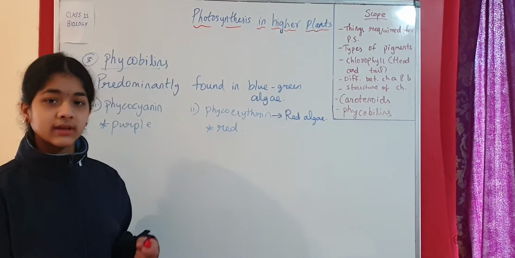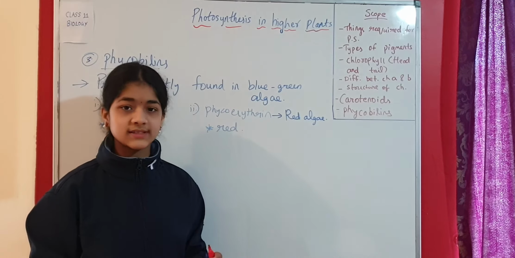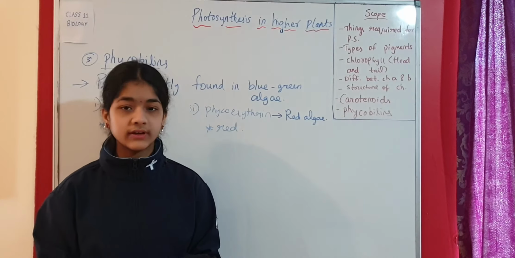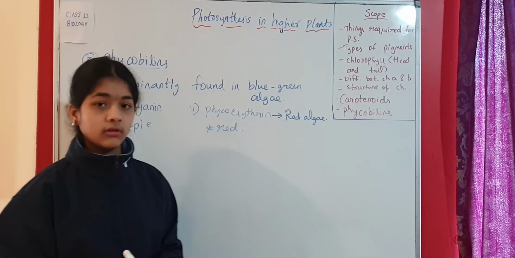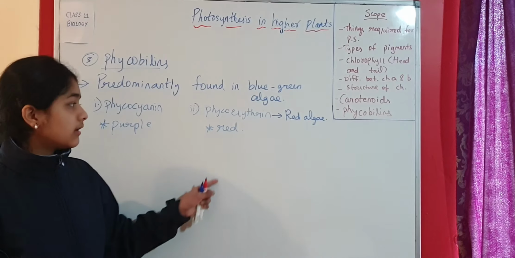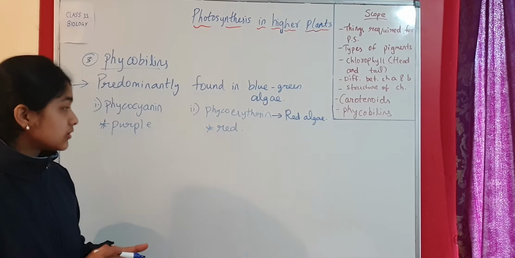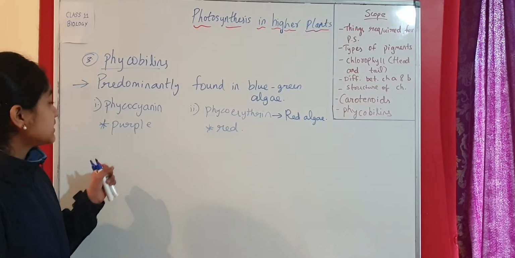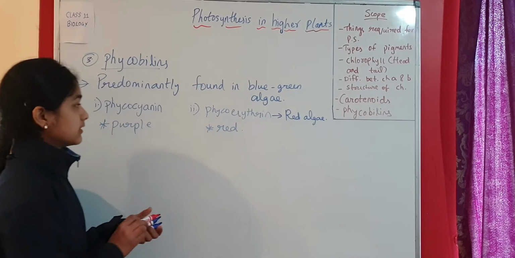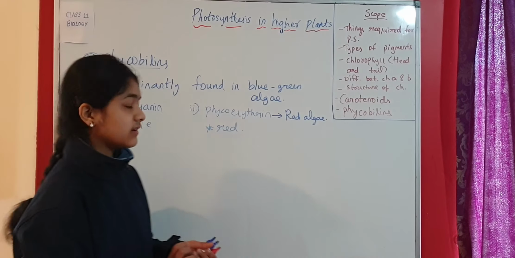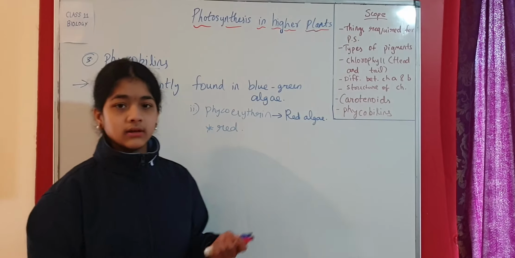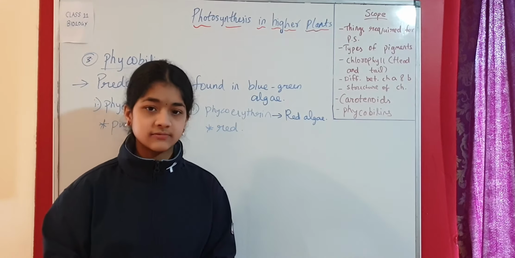So when we are talking about kingdom Plantae, we have learnt about Rhodophyceae, that groups in Thallophyta, those are Chlorophyta, Phaeophyta and Rhodophyta. So Rhodophyta is red algae or Rhodophyceae, and the species of red algae have phycoerythrin in them. So these are the types of phycobilins. The first one is phycocyanin and the second one is phycoerythrin. So phycocyanin is purple in color, phycoerythrin is red in color. So these are the three types of pigments that are present in plants and that are required for photosynthesis.